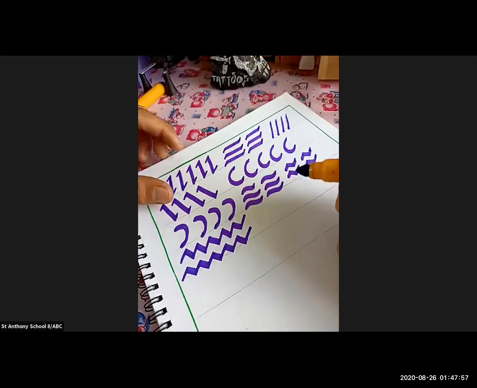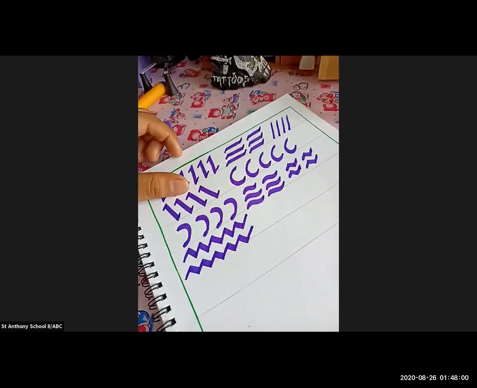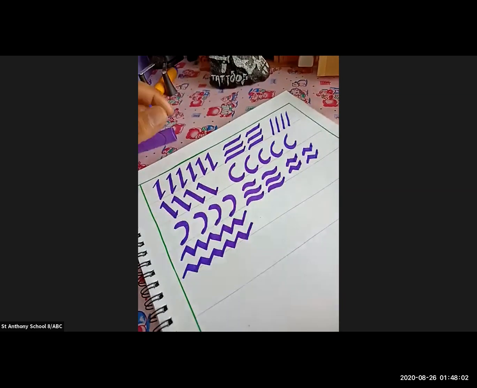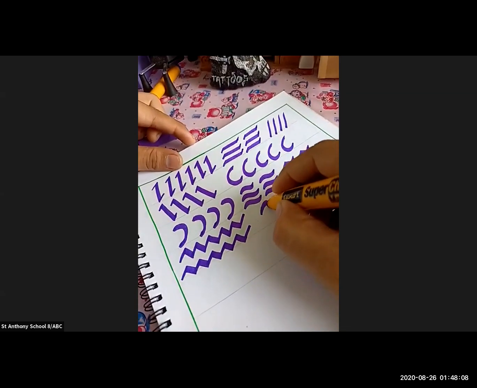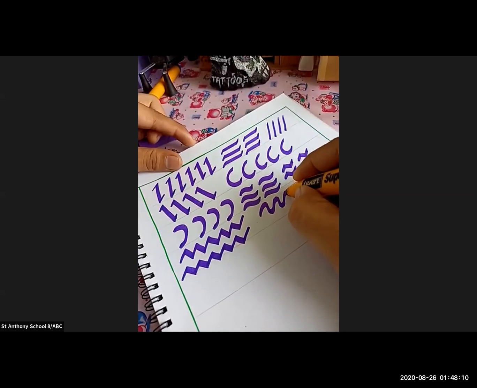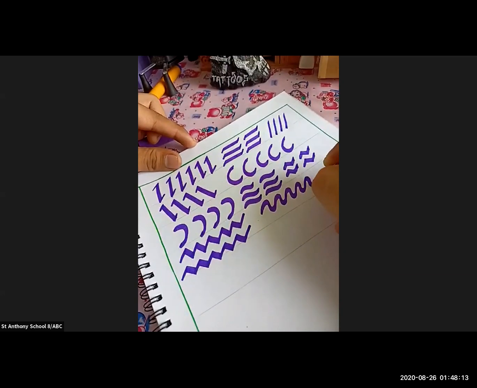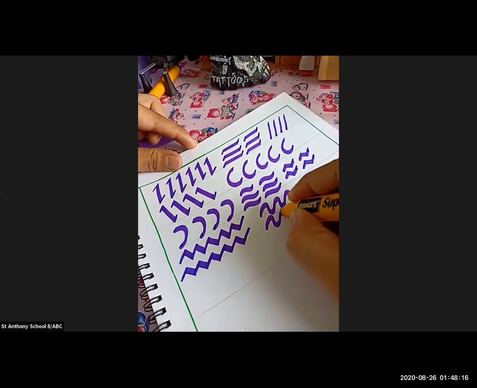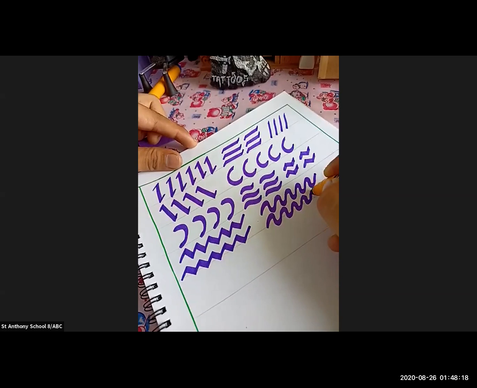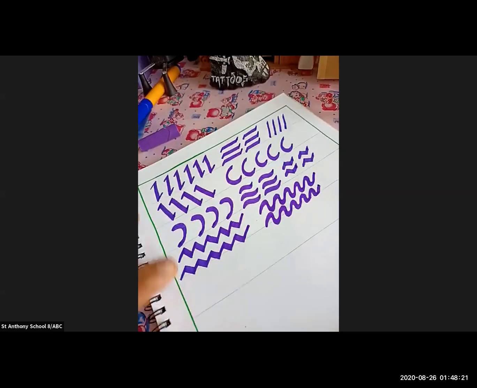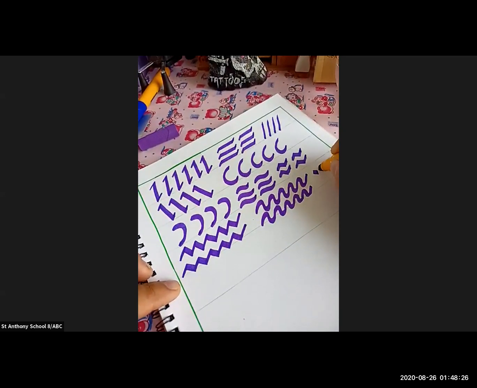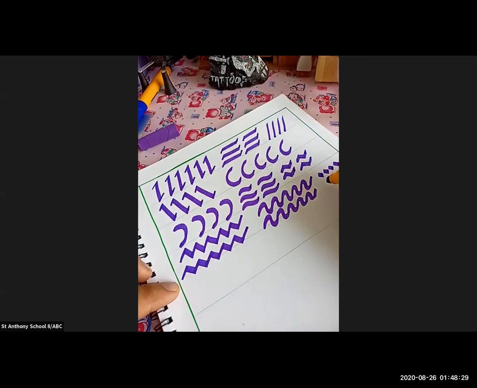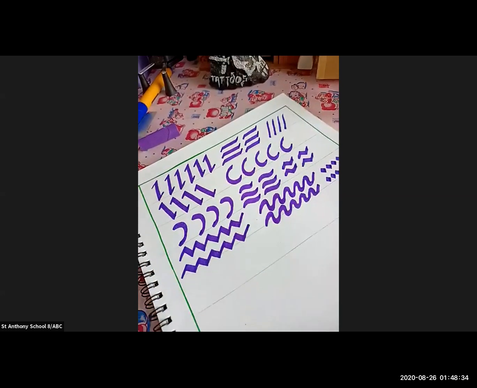This was the zigzag line, and now what we are going to do is give a curve line, you can say. Just look at this. So these are some basic strokes of calligraphy, and the last one is like a dot. So here these are the dots. These are the basic strokes of calligraphy.